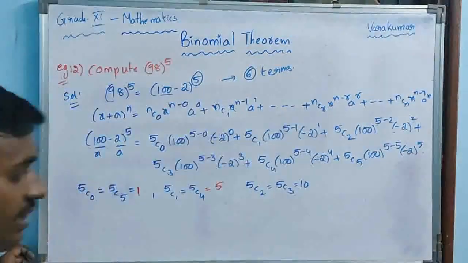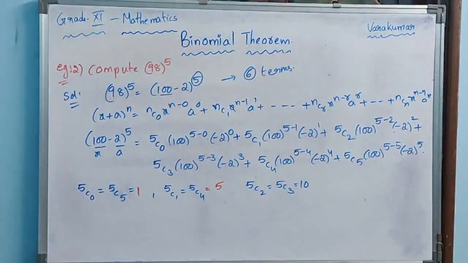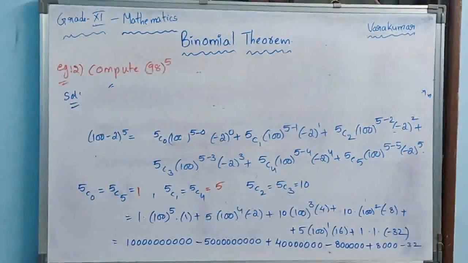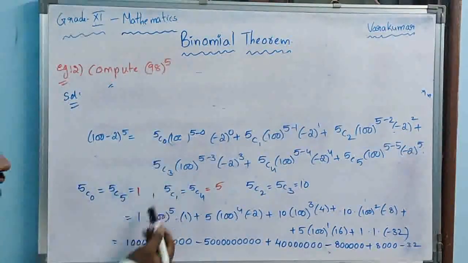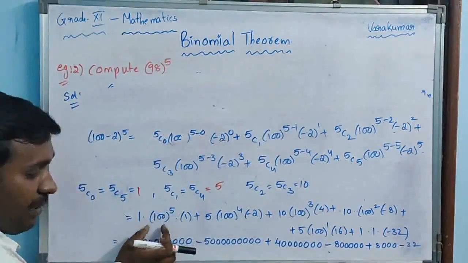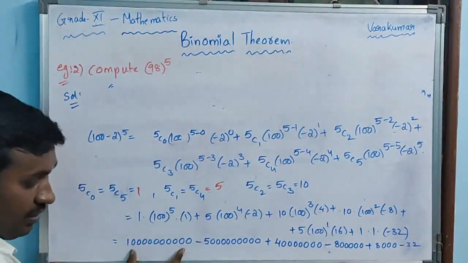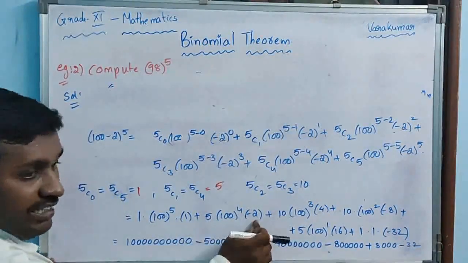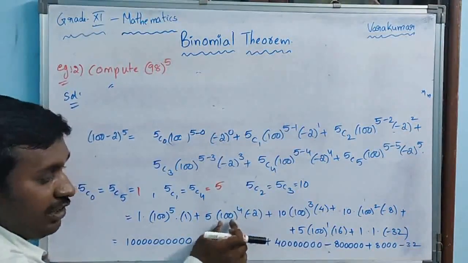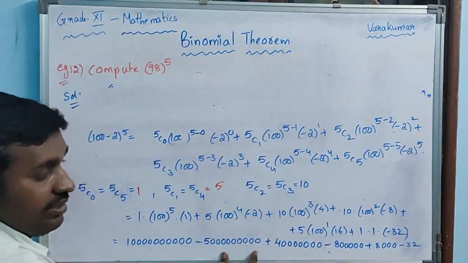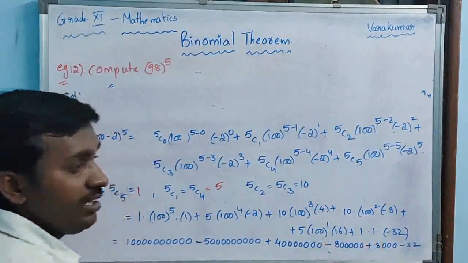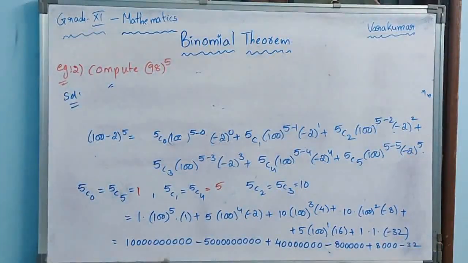Right. So let us substitute all these values. Let us write the expansion of this one. So I am going to do the expansion directly now. Now if you see here, I am going to write all the values in that. Then after that expansion, 10 power 10, and 5 into 10 power 8, 10 power 9. Similarly, I am going to do the total expansion. I have done all the expansion.